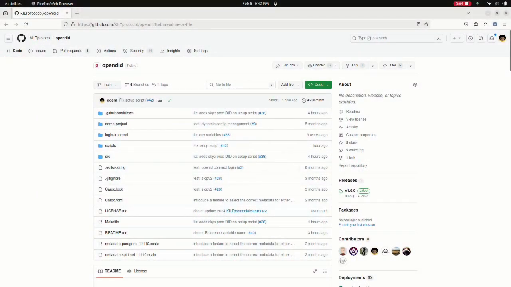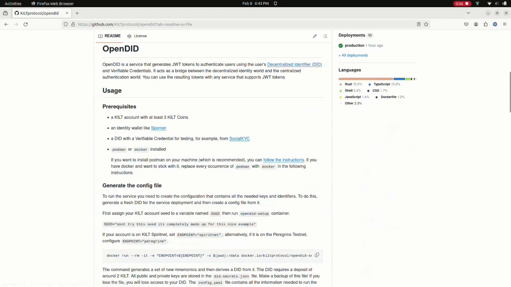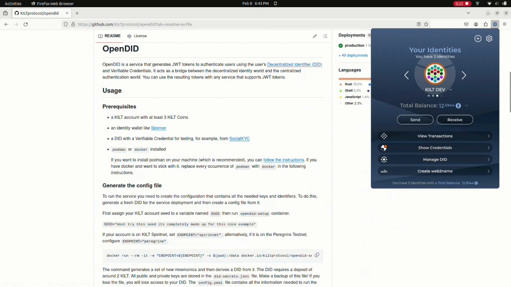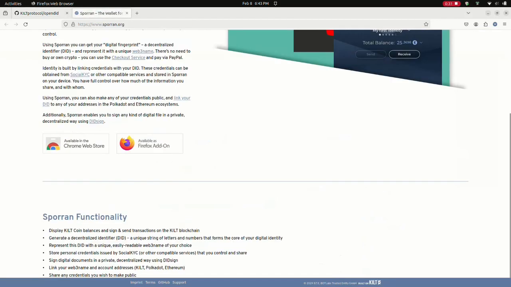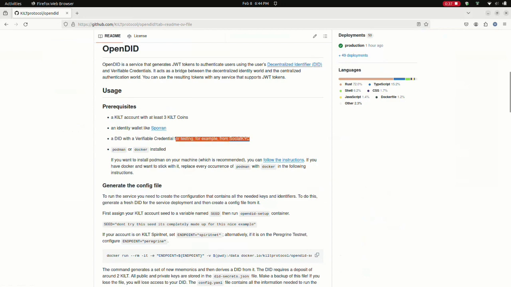The first step is to go to the KILT protocol GitHub page and look for the OpenDID repository. There are a few prerequisites you will need. Number one is a KILT account with at least 3 KILT coins. Number two is an identity wallet such as Sporran, and a DID with a verifiable credential for testing, for example